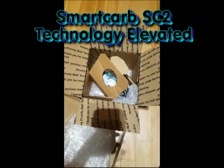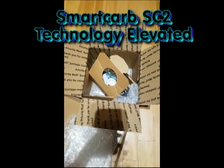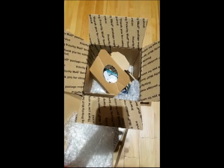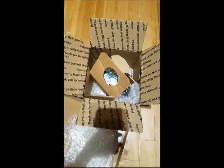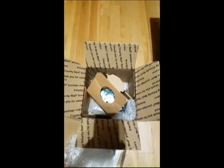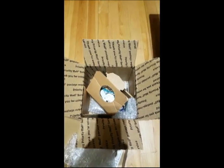Hi, I've just received my Smartcarb from Technology Elevated. It took a while to receive it in Canada. I did the order on May 31st, but I just received it on June 18th. So it took a while, and I paid for the fast shipping, the $65 for the shipping, and the carb